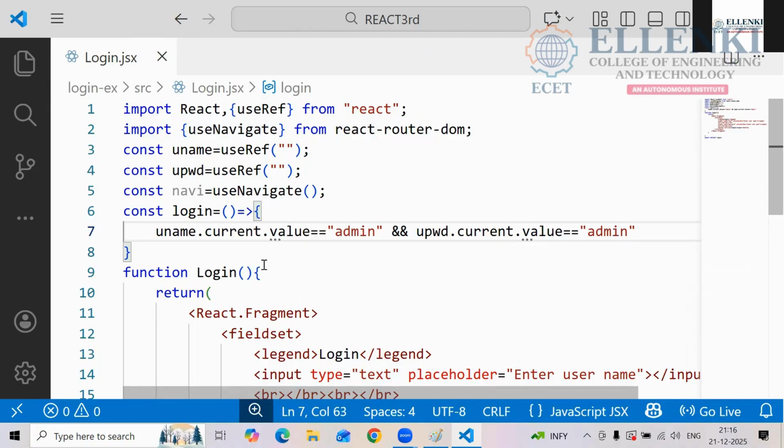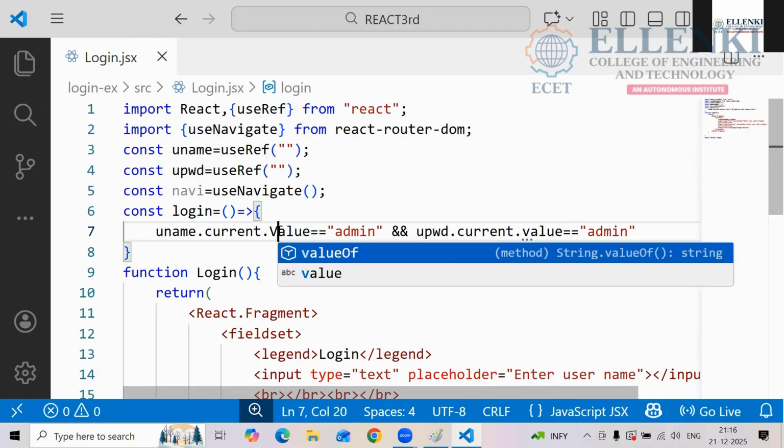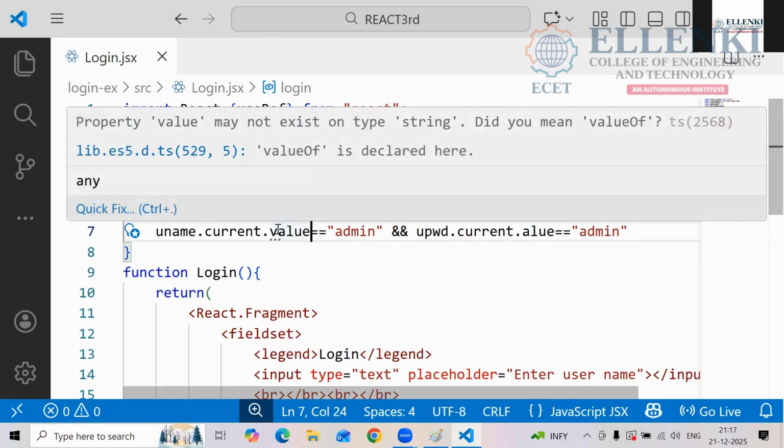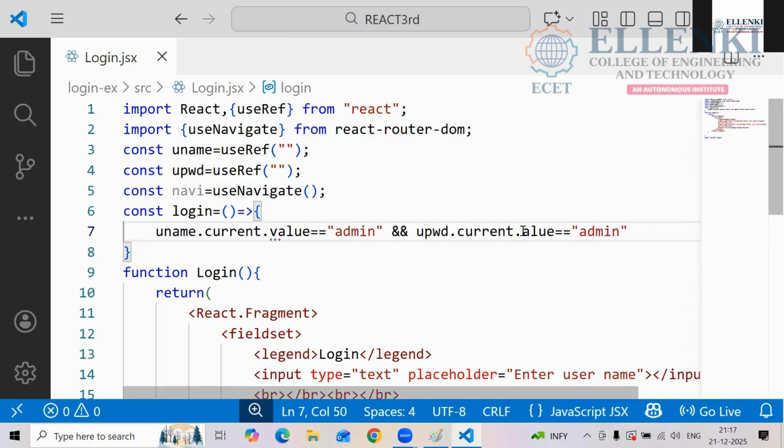Here, why are we getting this one? V should be the capital V. Value spelling is wrong. Okay, value. So then also we are getting it wrong. V should be the capital. Otherwise, what do you have to complete? We will complete this one first. Later we will see.